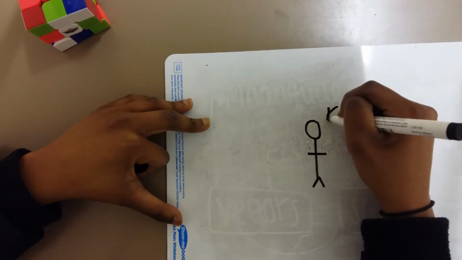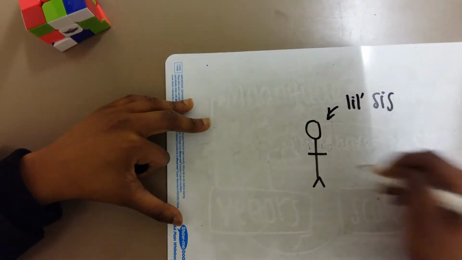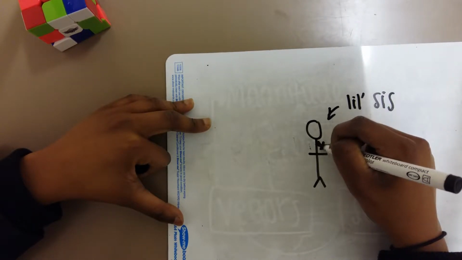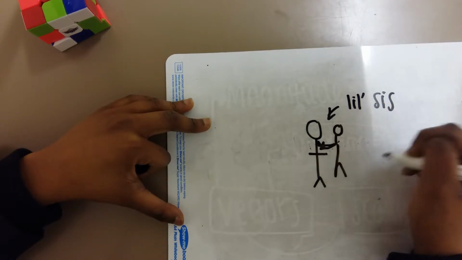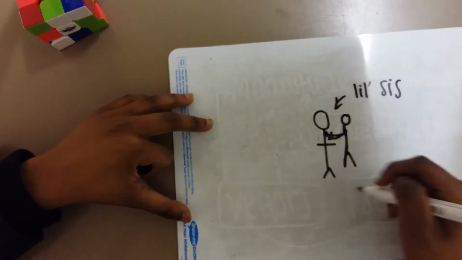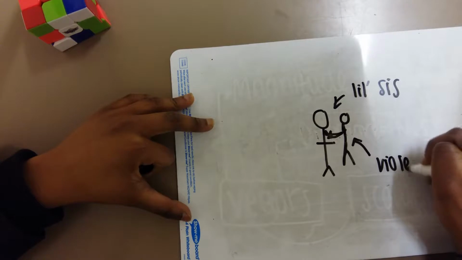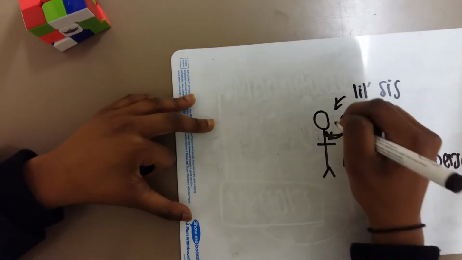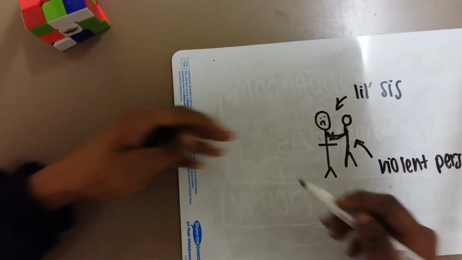this is little sis. If you try and push her, not that any of you would actually push your sisters, not that I would, I love my sister. This is someone who has severe violence issues. That's violent person. When they're trying to push their sister, who's sad,